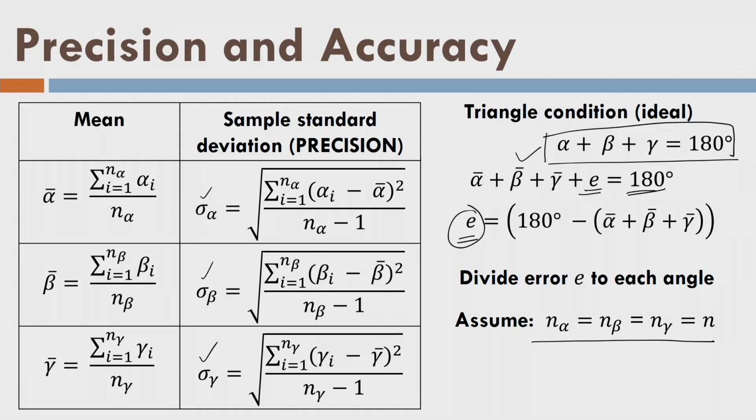So, now I can divide this error into the same quantity for 3 angles. Okay, so the quantity will be E by 3 for each angle. So, let us divide this quantity by 3. This is what I call the error of angle alpha, error of angle beta and error of angle gamma, and it is equal to E by 3 because they have the same number of observations, and hence I am assuming that they have the same amount of accuracy or the same amount of error. So, this is the concept of accuracy.